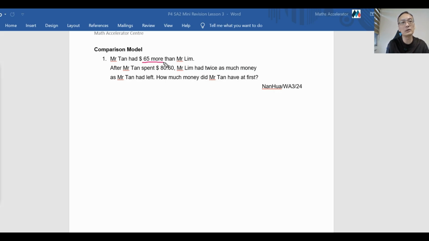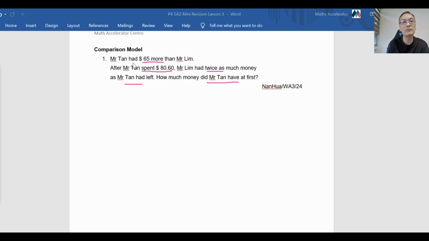Over here, we know that Mr. Tan has $65 more than Mr. Lim. And Mr. Tan spent this amount of money. After spending, when we compare the amount of money left, Mr. Lim has twice as much money as Mr. Tan. Okay. And we need to find out how much money did Mr. Tan have at first. So okay, after we read the question, let's organize this information in the form of a